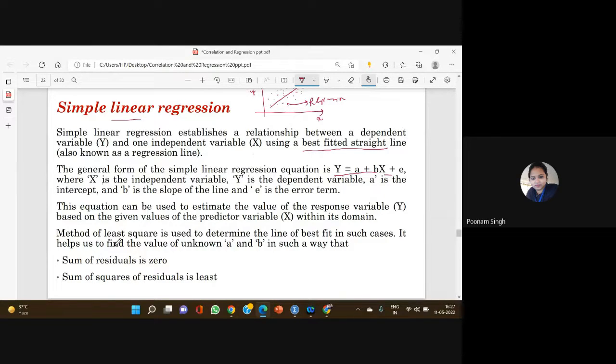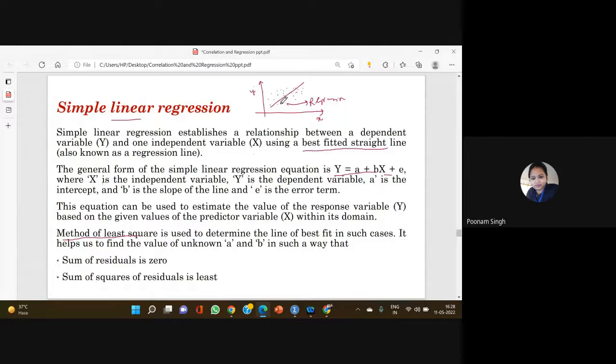Okay, so there is the method of least squares, which is used to determine the line of best fit in such cases. It helps us find the values of the unknowns a and b, because if we want to fit a line to the given values, as I have told you, this is the regression line being fitted to the values of x and y. So if we want to fit a regression line, that is y equals a plus bx plus e, it means that we need to calculate the unknown values of a and b, because for the given set of values